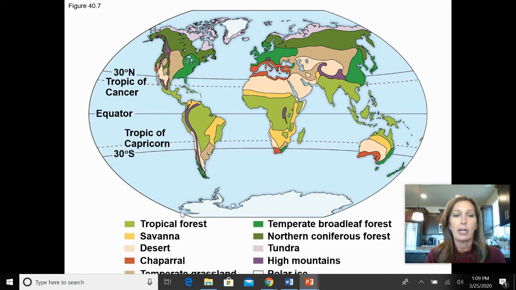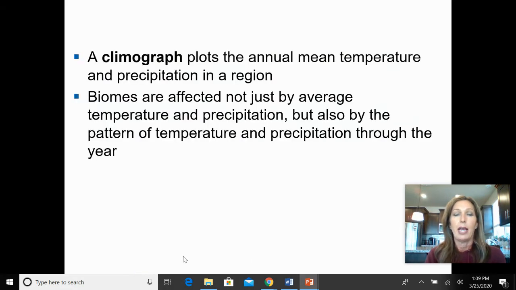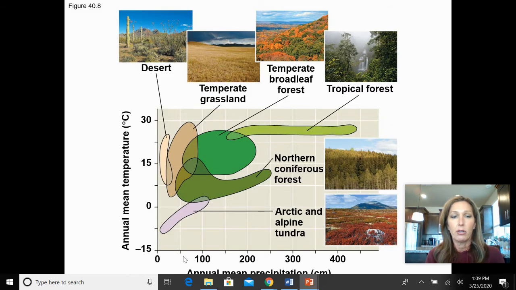In our particular area, we happen to be in a lot of grassland, and so temperate grassland and chaparral tend to be the biomes in which we live. But this is a skill that you should be able to use, and this skill is reading a climograph. From this climograph, what we can see down here is the average mean precipitation, so how much water, and then this is the average mean temperature. We can see that those two factors, temperature and precipitation, often dictate what biomes are going to exist